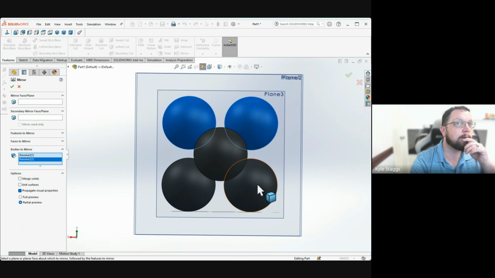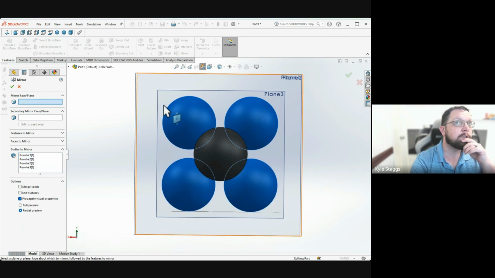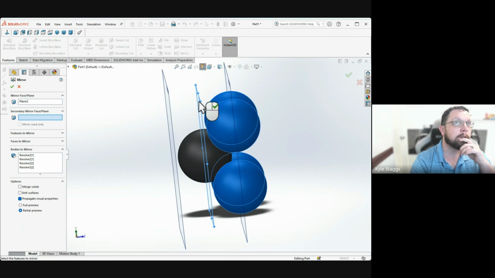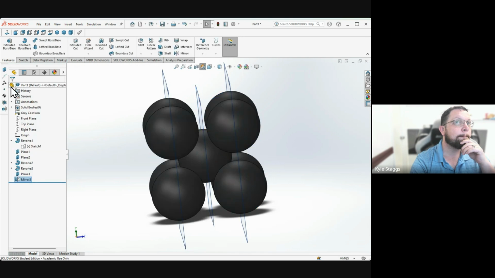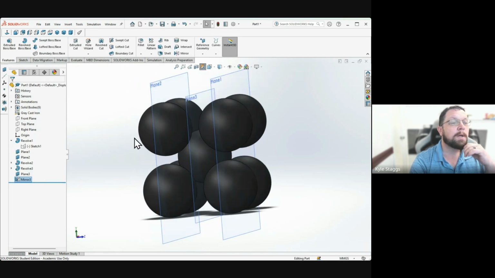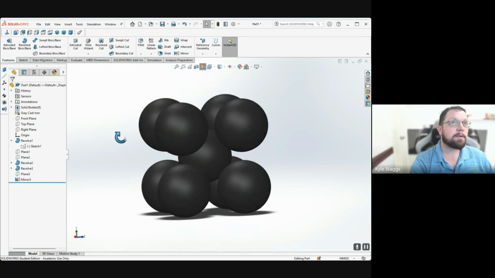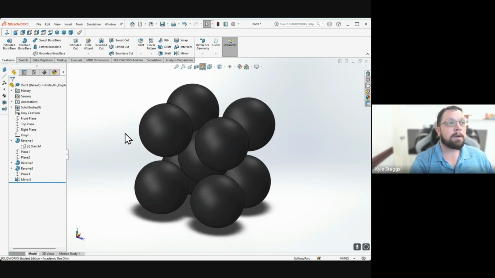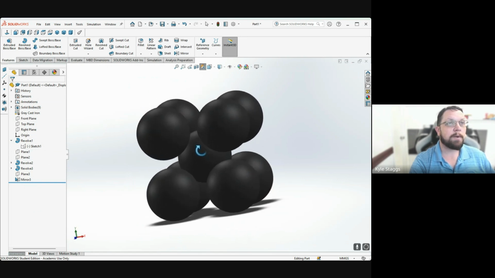Bodies to mirror. If I select these 4, I should be able to get it to mirror across this plane. There we go. Okay. It's always a matter of the right settings in SolidWorks because reasons. So we're going to hide these planes in order to be able to just visualize our object. Okay, so we have our